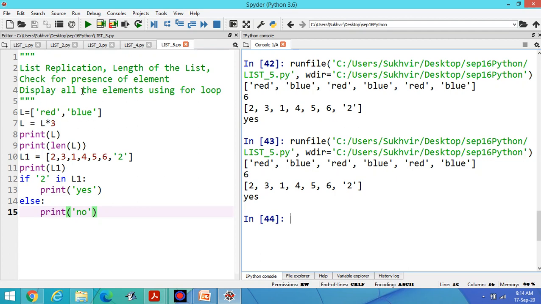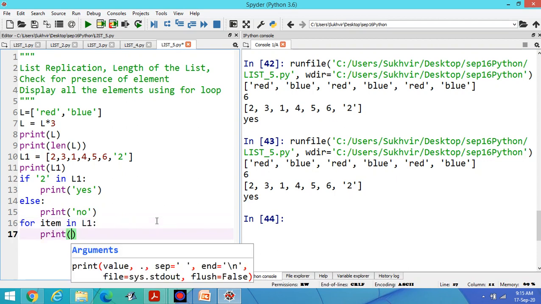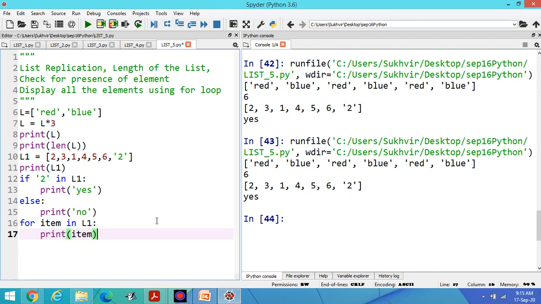Now how to display all the elements using for loop. Suppose I have to display all the elements, then I can print using for loop: for any item in L1, print item, like this.